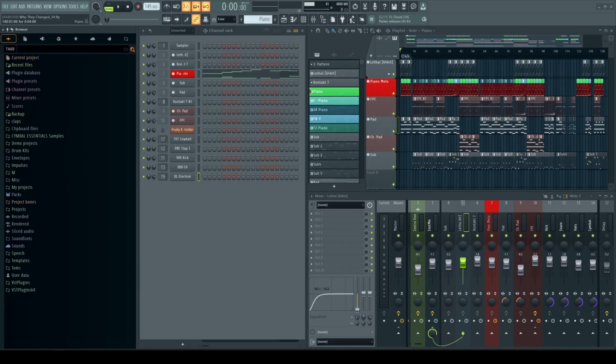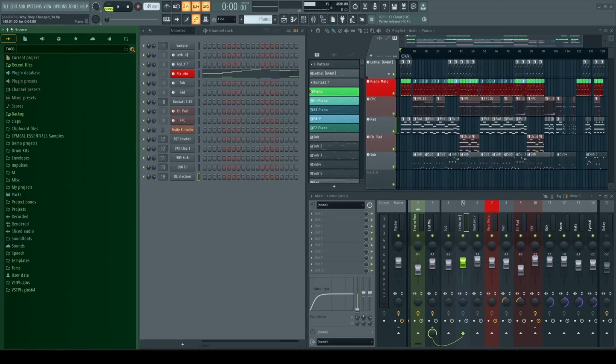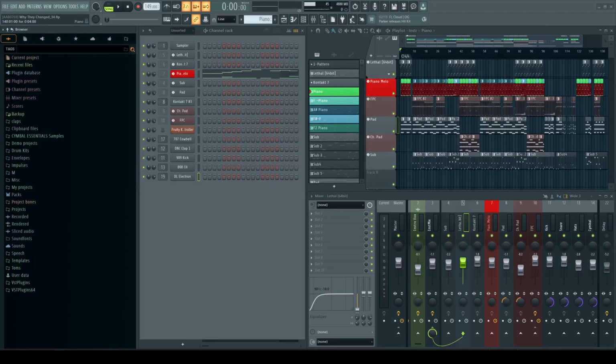And then taking those, we learned about the playlist, where you actually will place your patterns so that they'll play together and produce the song the way you like it. We talked about the browser, where you can find samples, plugins, project files, things about your current project, the FL Cloud. That was probably one of the longer videos because there's just so many different things that are available in